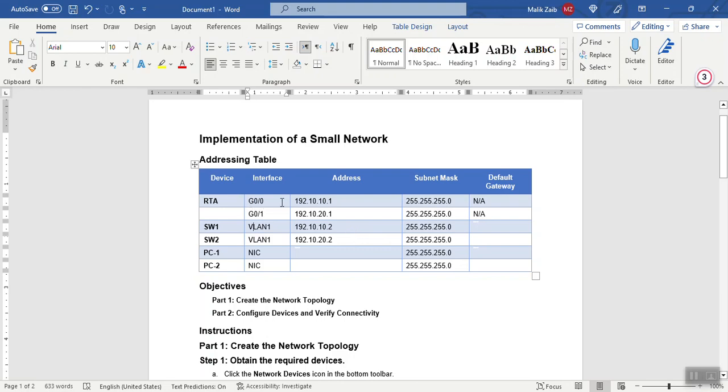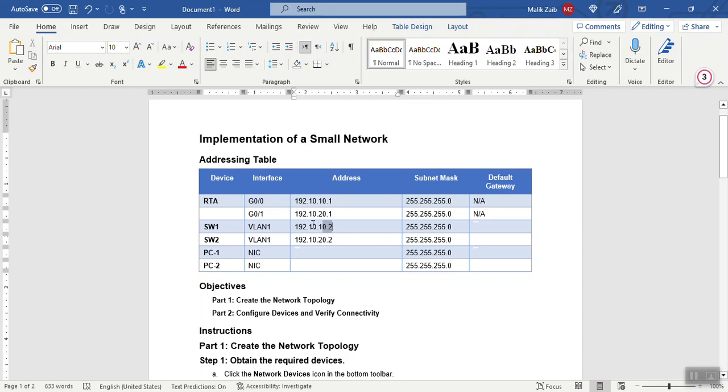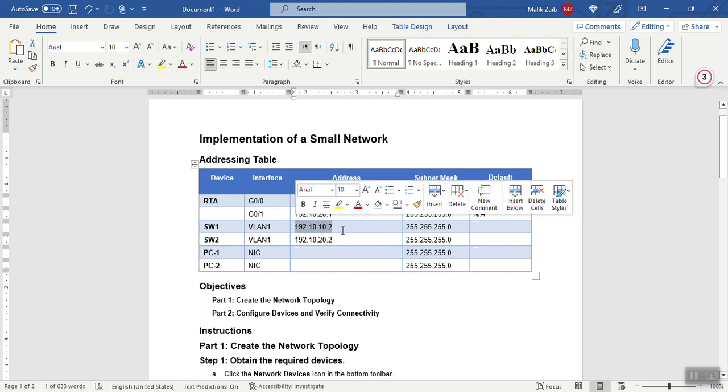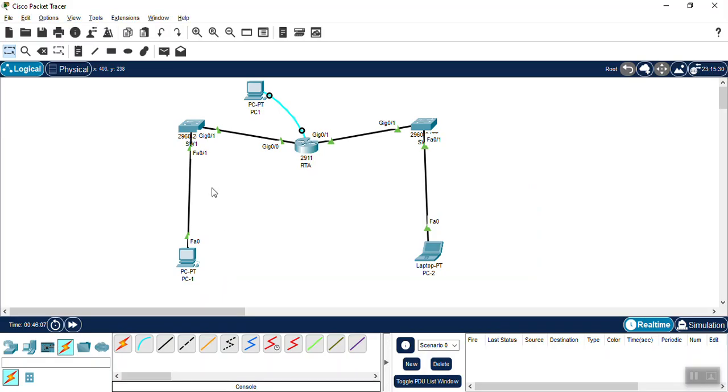This is on gigabit 0/0. How do we know that this VLAN is in switch 1 and that is connected with gigabit 0/0? You can see the same class of IP address is used here, 192.10.10.1, and here it is 192.10.10.2. So it means that this VLAN is in switch 1 and switch 1 is connected with this gigabit 0/0 interface of the router.